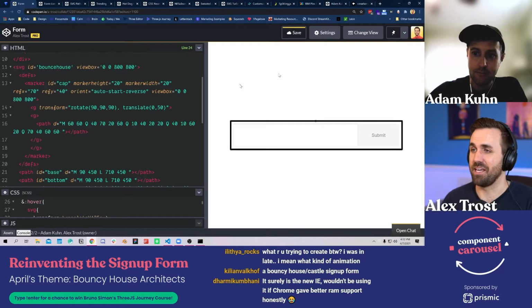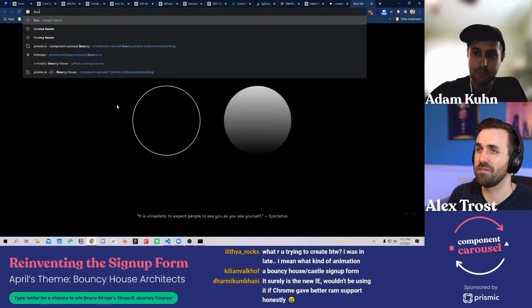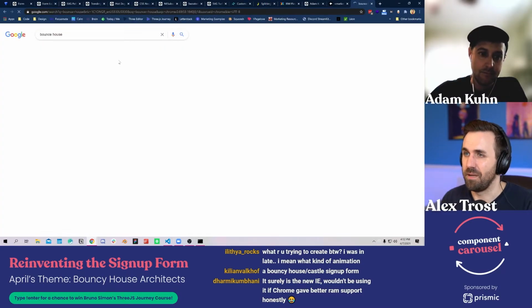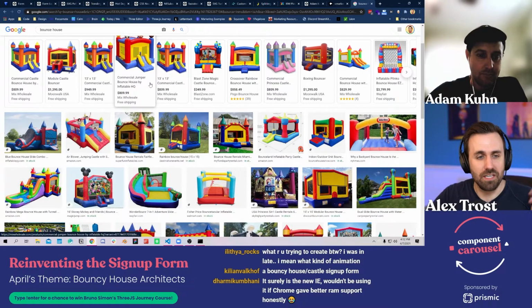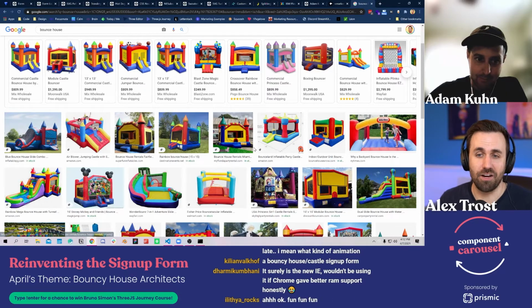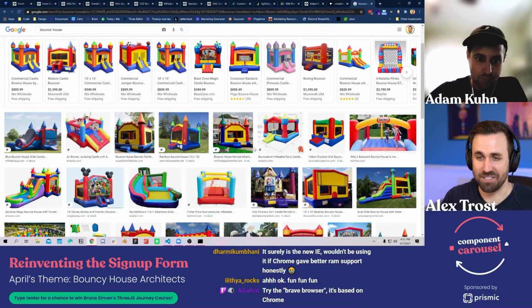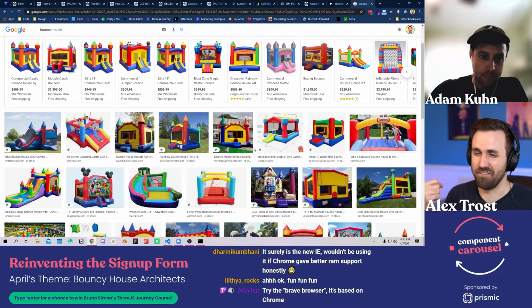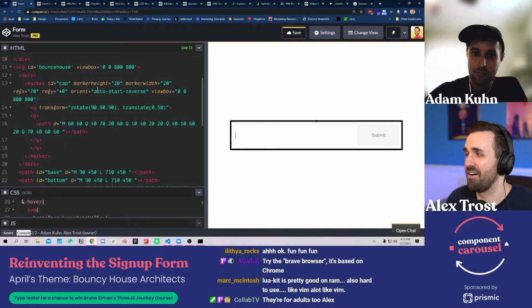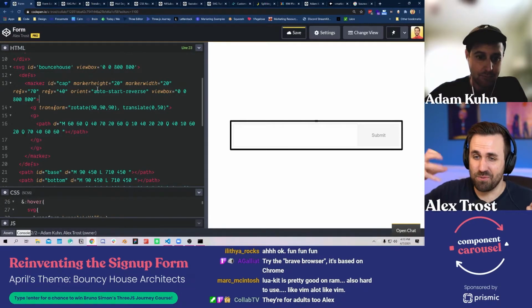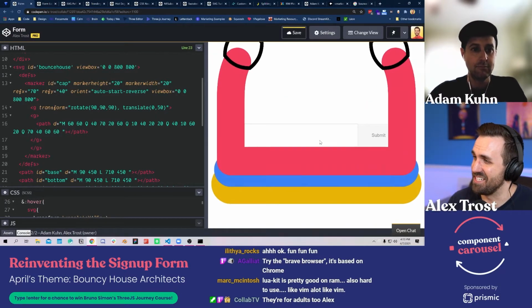If you know the kids toy bounce house or a bouncy house, right? These things. I'm not sure if the phrase bounce house translates perfectly, but basically think of an architecture firm that only makes bouncy houses. So the very sophisticated and very serious and professional architects, but all they do is make these things. So some funny copy that we'll be able to add a bit later, but with the colorful squishiness that Adam's already bringing into this code.